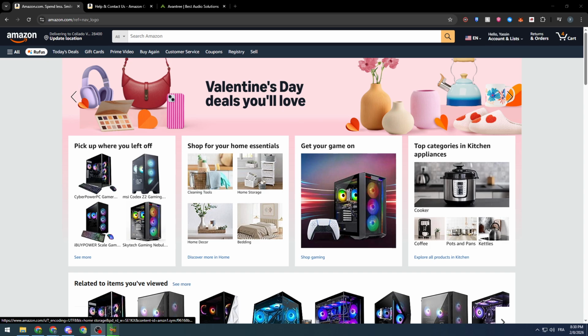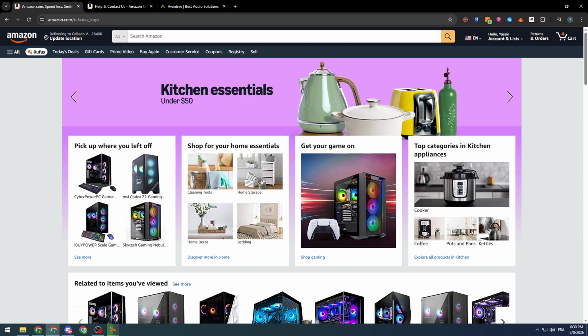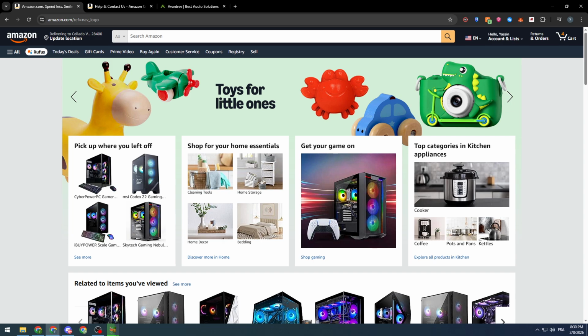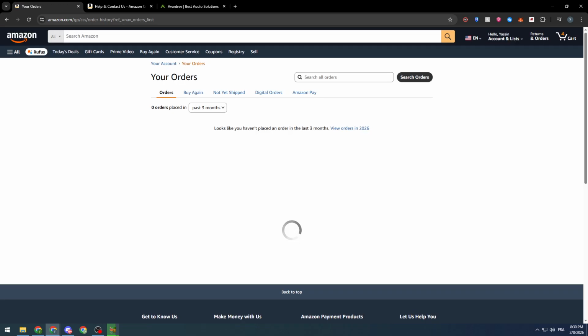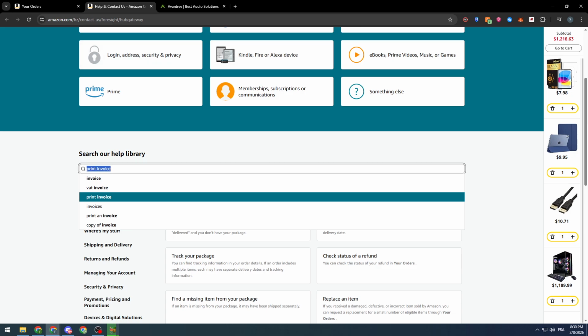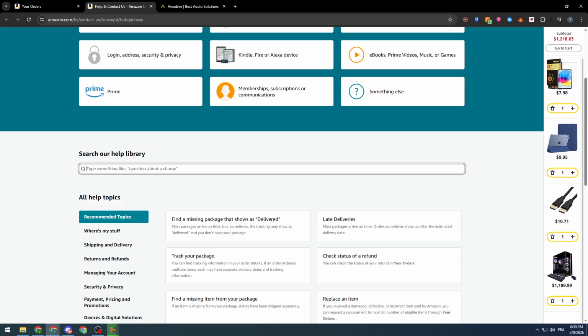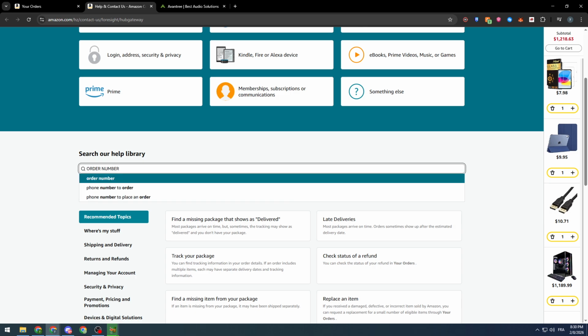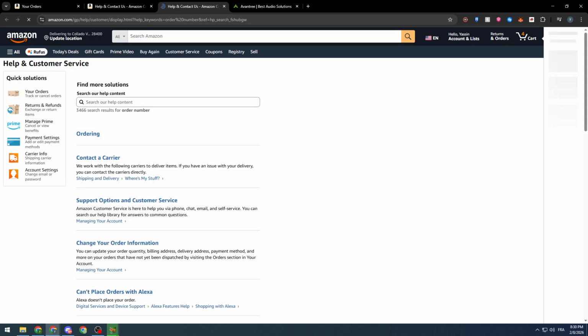In today's tutorial, guys, I'm going to show you how you can find your order number, or basically track your order number, simply in the Amazon shopping page. The first thing that you need to have is actual orders in this page. Then you can go here to, for example, the help and contact page and write down order number. And basically once you have this written, you will have all these